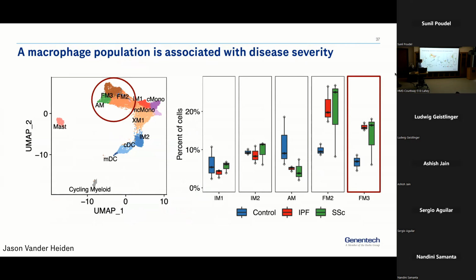What they were working on before I even got there was looking at IPF and interstitial lung disease. So in this case, IPF and systemic scleroderma. And they did a bunch of single cell RNA-seq to profile these lungs. And in their clustering, they found this one cell population, or two, but we'll focus on this one, that is really expanded in disease. And they see it essentially correlating with disease severity. So these FM3s, or fibrosis-associated macrophages, are all of a sudden of interest.